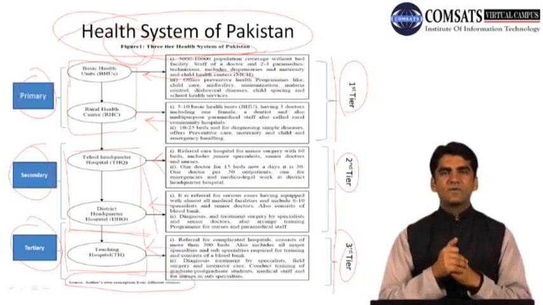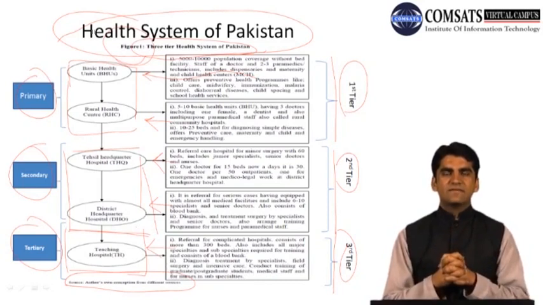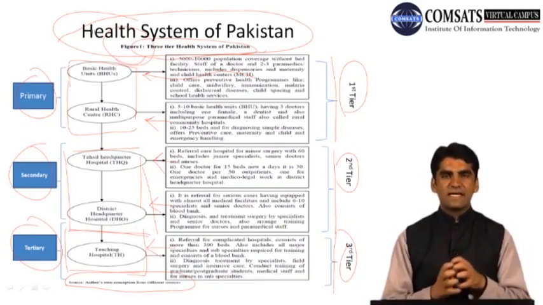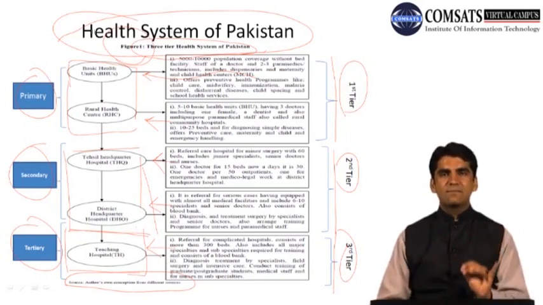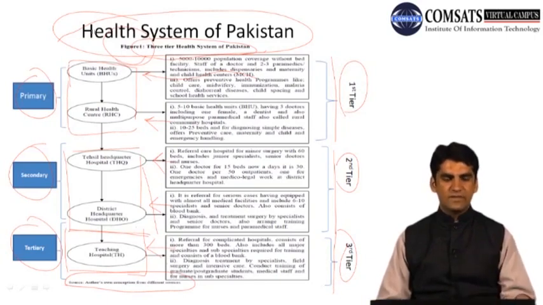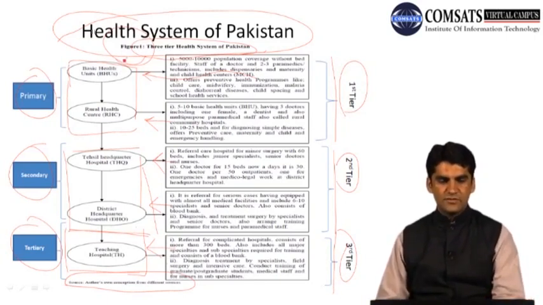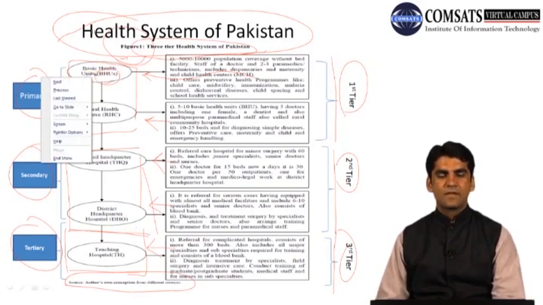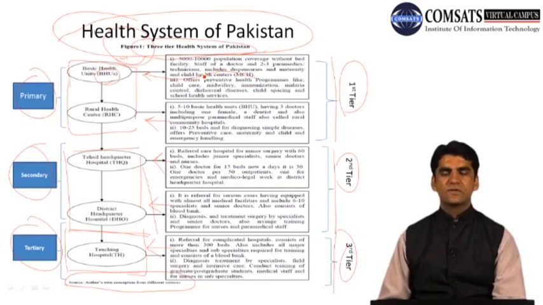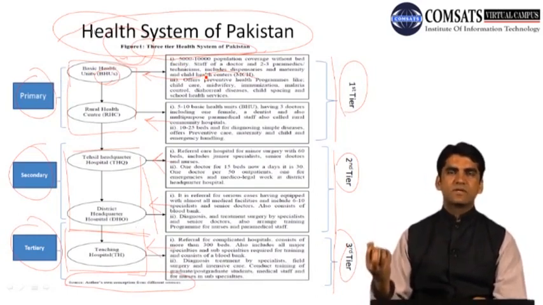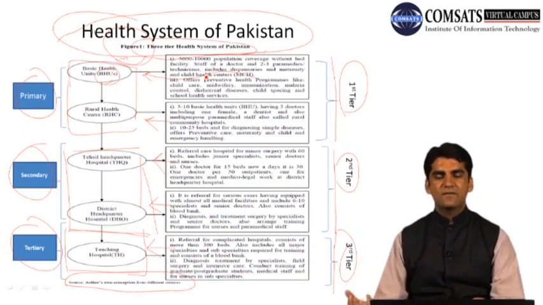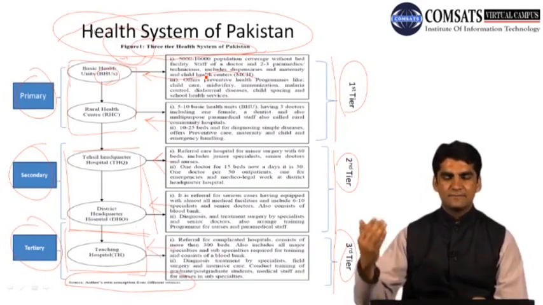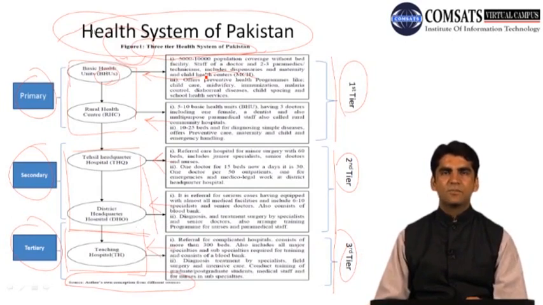Then within that we have tried to explain what comes under the first tier, what comes under the second and what comes under the third, and then each simple term that we have used, for example BHUs, we have explained that it is a basic health unit. We have also explained the meaning of basic health unit, how much population it covers, what kind of paramedical facilities it has, how many doctors it contains, and what kind of services it provides.